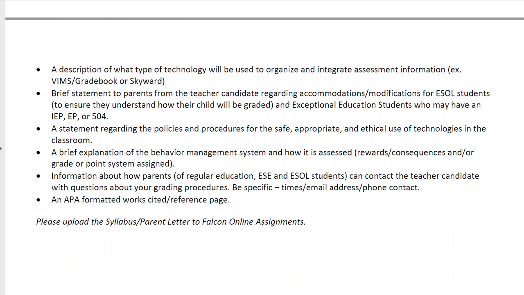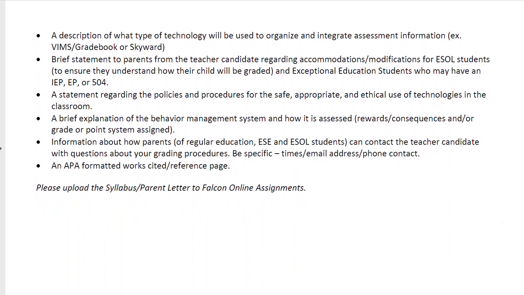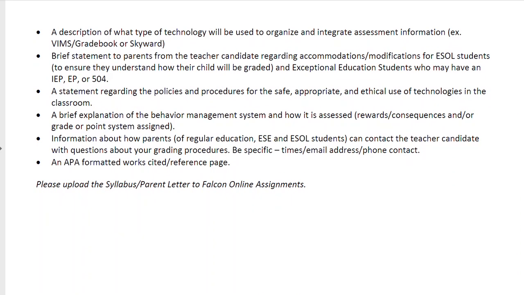I wouldn't expect you to grade behavior and have that in a grade book, but whatever system you use to kind of calculate grades or basically assess behavior, not really grade them, but assess, you've misbehaved or you've done well. Explain all of that. Okay, and then information on how the parents,